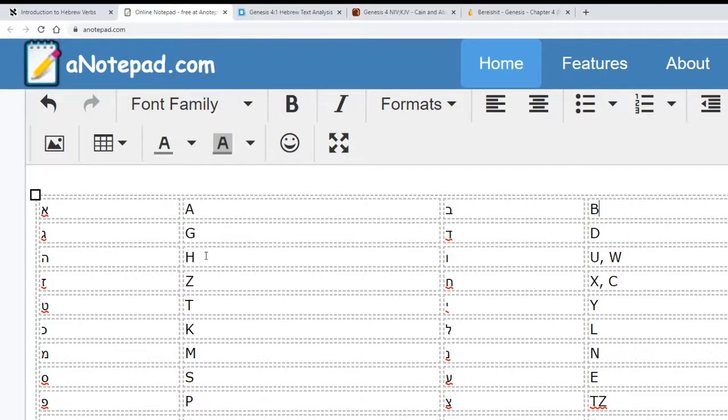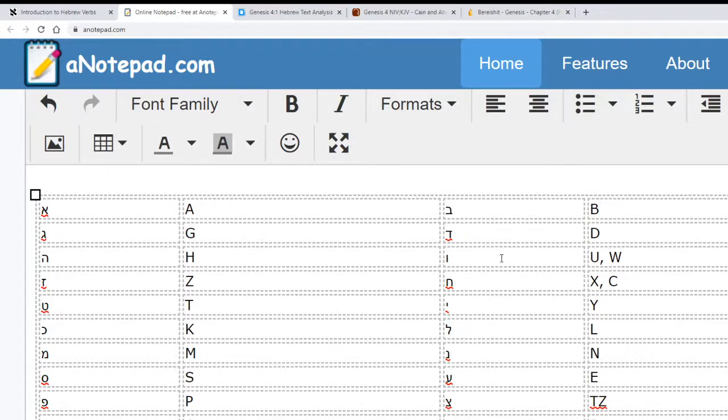Hey, that gets a little bit more complicated because chaf and het both have a similar H sound. So sometimes when people are transliterating, they use the hey, especially for the chaf. Not chaf, sorry, het. They'll use it for the het, but they'll also use it for the chaf. So it's up to you. There is no standard way, but I thought I would give you a chance to